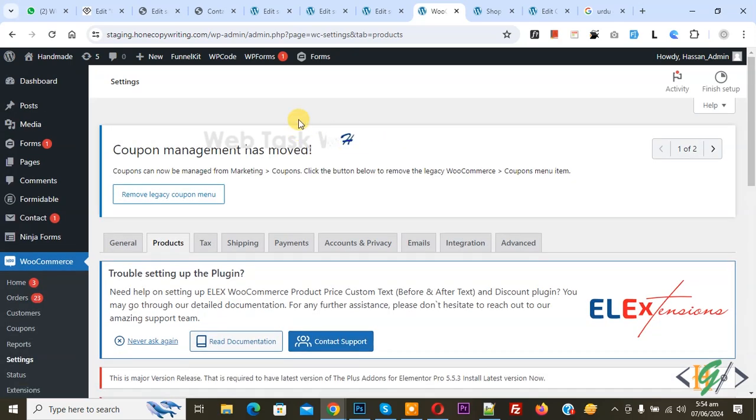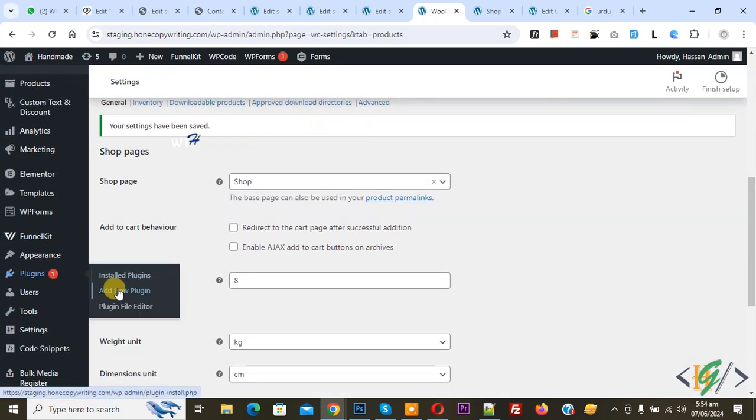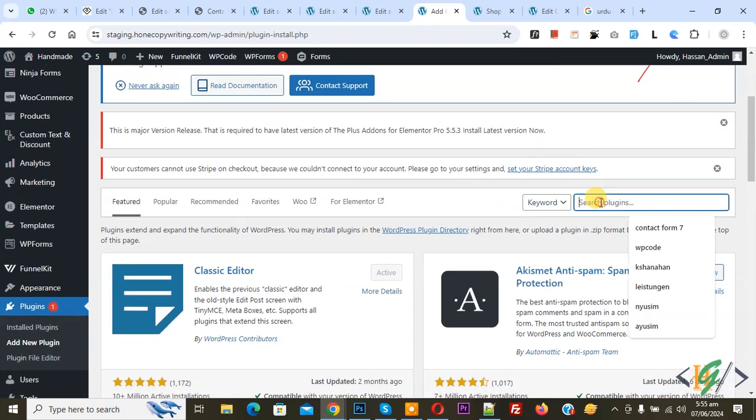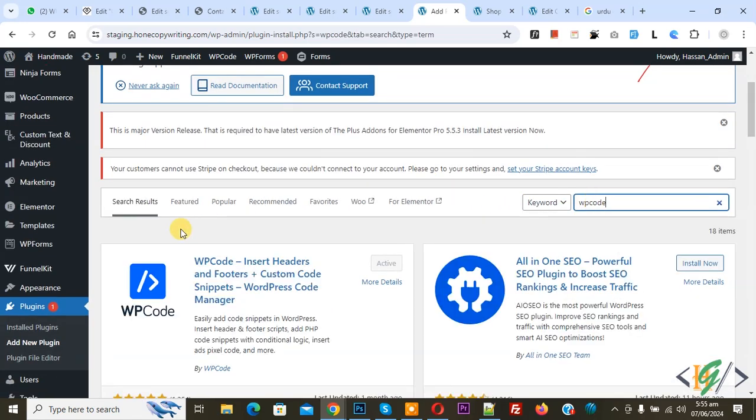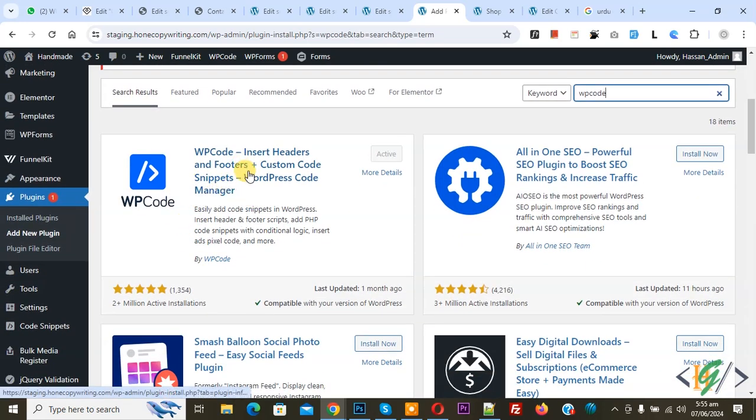Now settings saved. On the left side you see plugin, so click on add new plugin, then write WPCode in the search plugin. So this is the plugin, WPCode Insert Headers and Footers, we will use. You will install this plugin and activate it, and after activation on the left side you see code snippets and